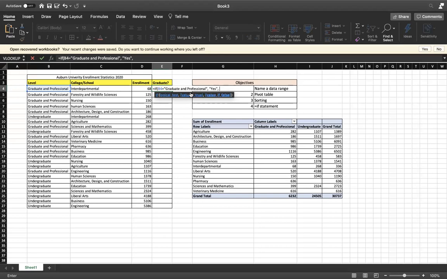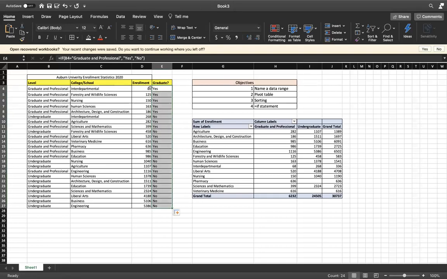And if it is false, I want the cell to say no. Close parentheses, enter. So here you can see it says yes because it is true that this is a graduate and professional program. So now, in order to make this statement apply to all of these boxes in the data range, I'm just going to double click on that black arrow in the corner. And now it applies to every cell in the data range.